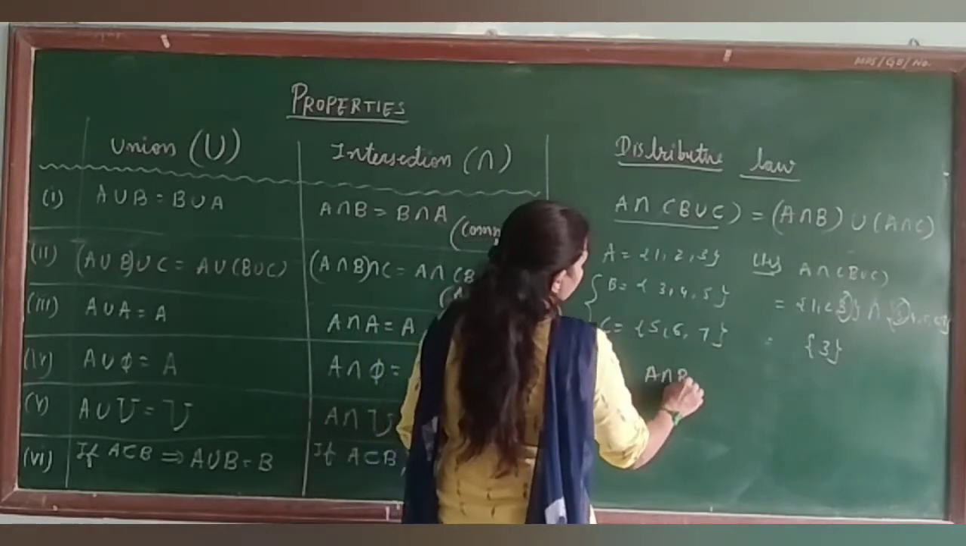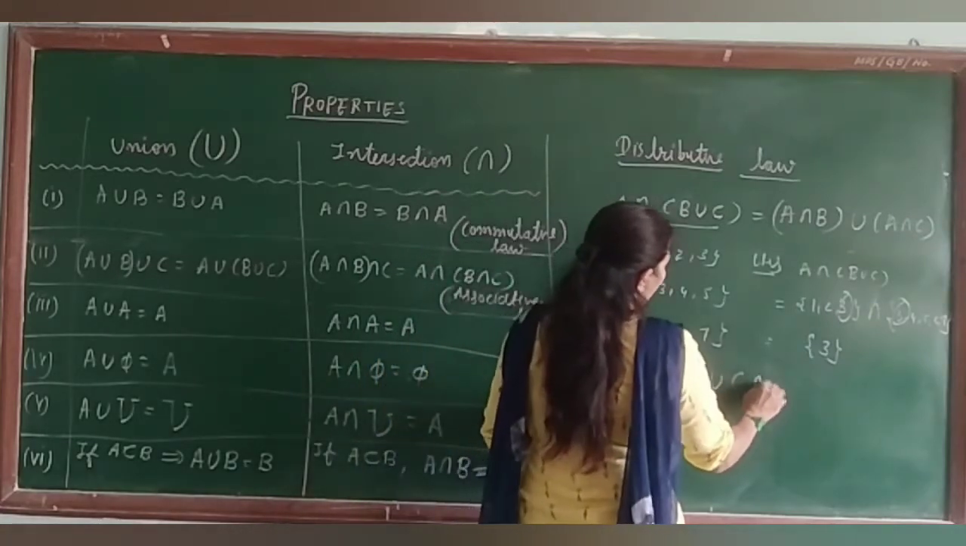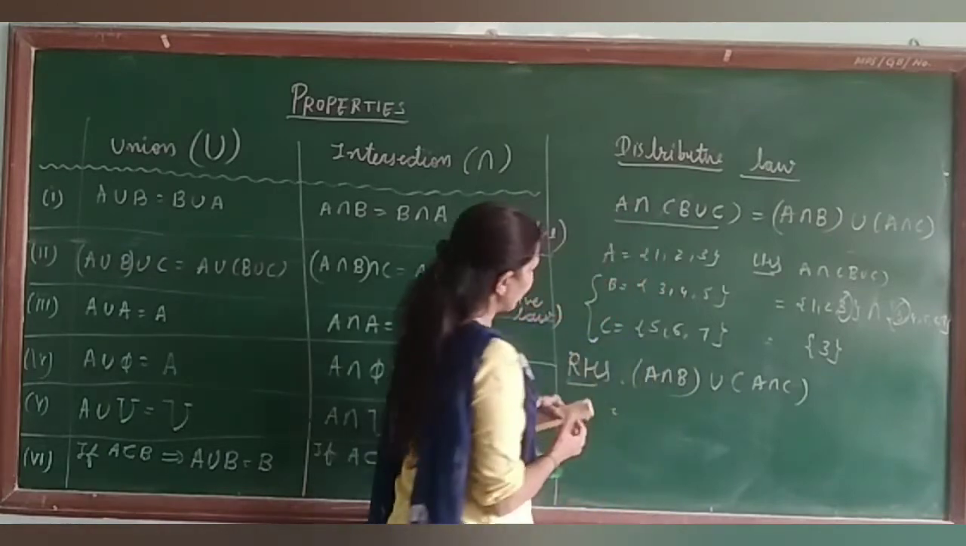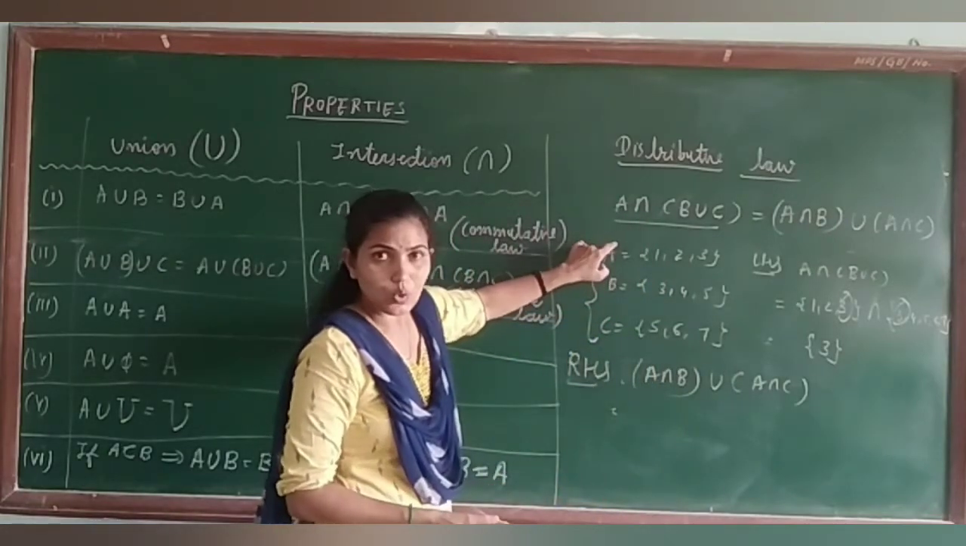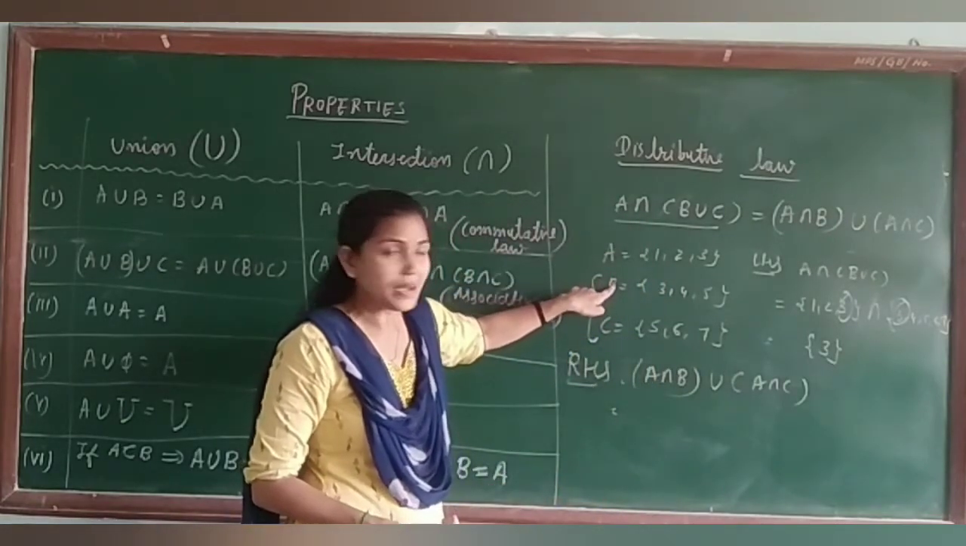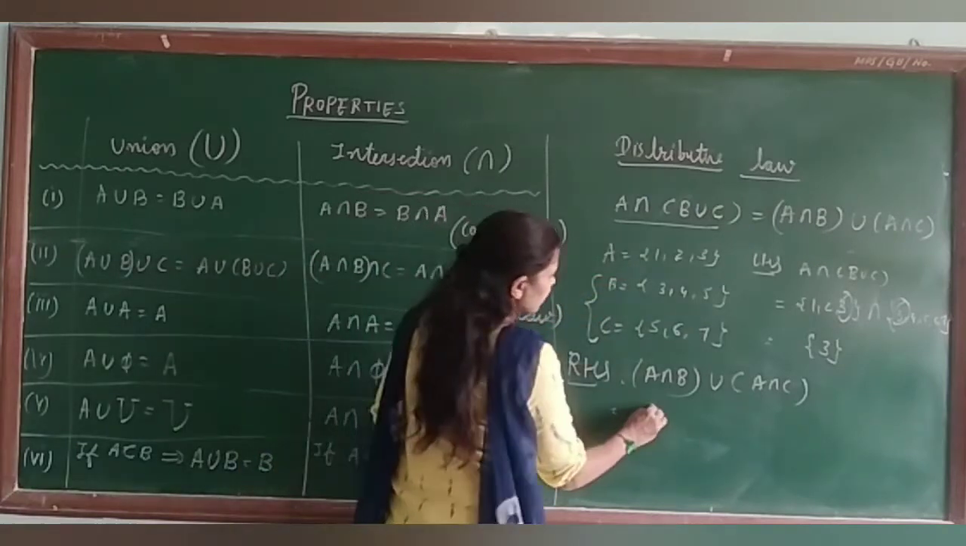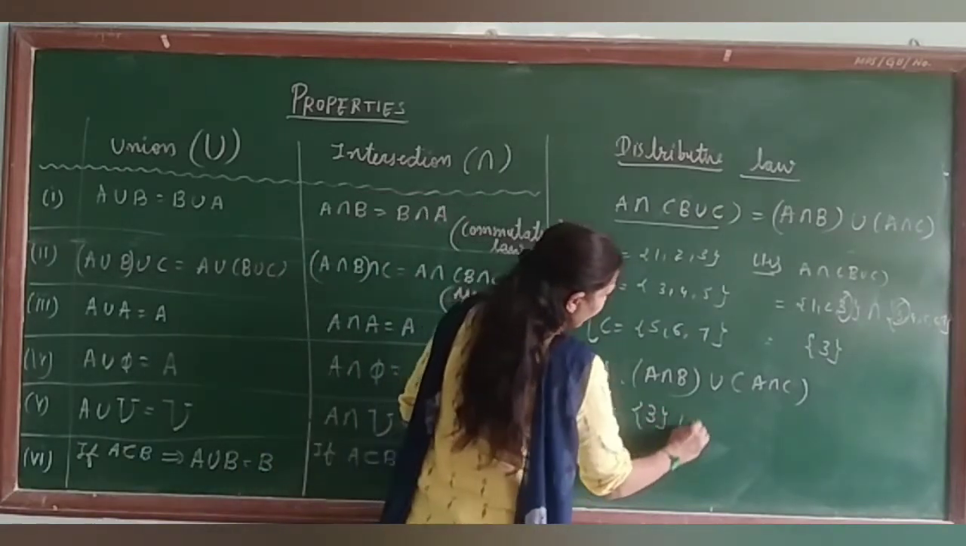A intersection B union A intersection C. Now let me see A and B. तो A और B के अंदर से common element कौन सा है? That is 3. Okay. And union